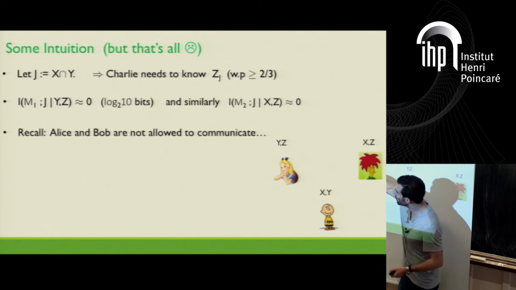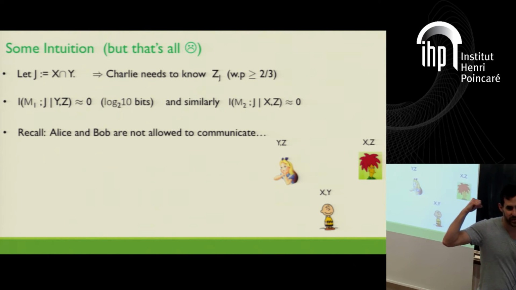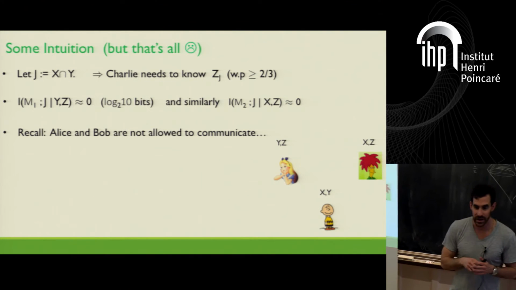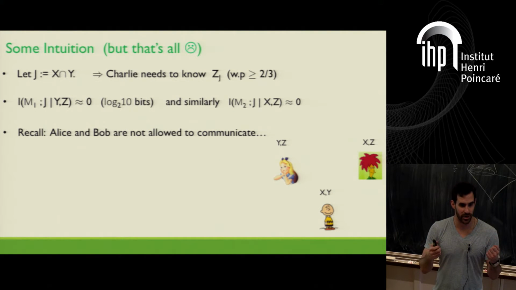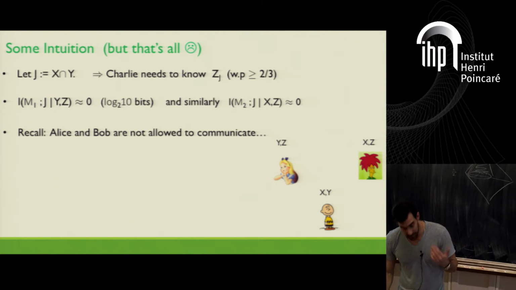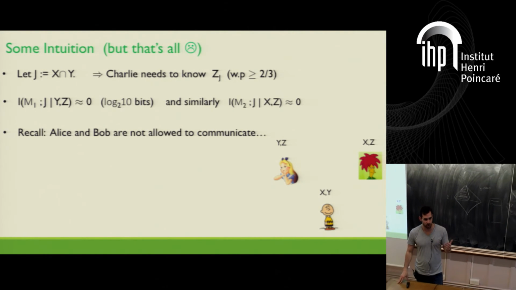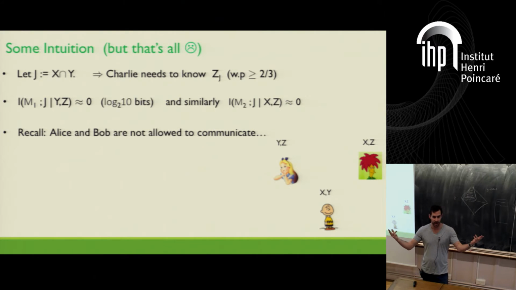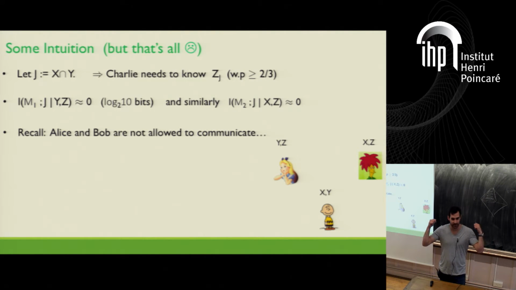Okay, and so Alice and Bob, remember the slide from the beginning of this talk. This is exactly the scenario which we don't understand. It sounds like a simple argument, but who knows, right? Marginally, Alice and Bob know nothing about J. They cannot collaborate, they cannot communicate with each other, but still somehow they can devise a strategy. And there are such examples in other problems where even without communicating, they can correlate their answers in a way that